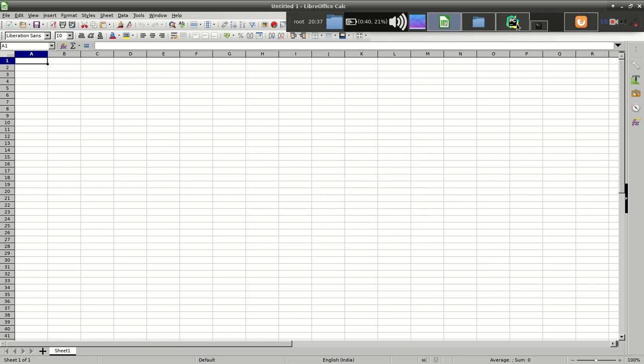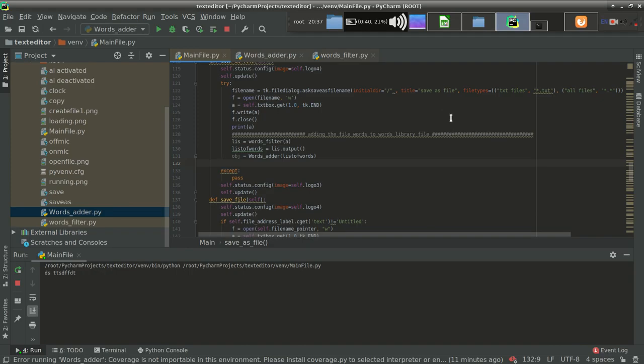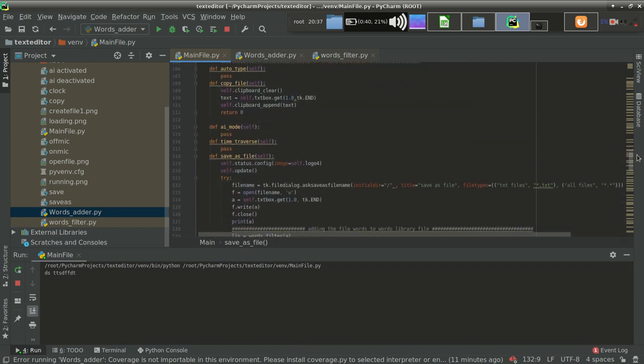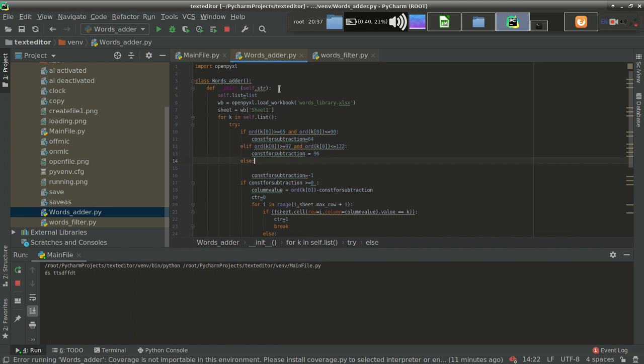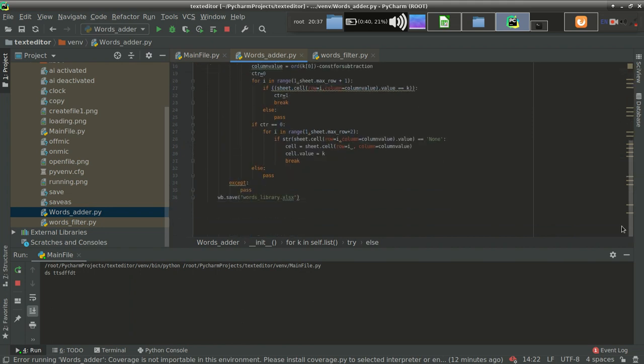So what is the name of the file? What was the name of the file? The name of the file was, yeah, words library.xlsx. Let's copy it.